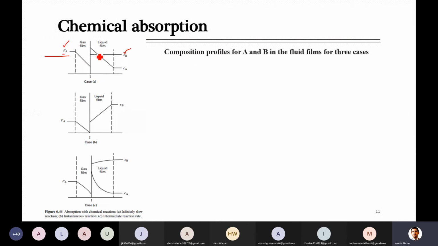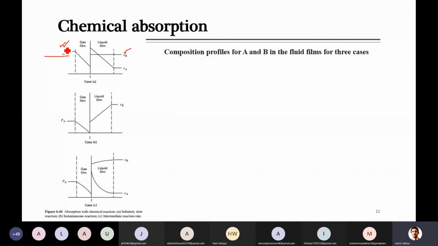So inside the liquid film, because we said it is reacting, but the reaction is very slow, this component B, which is going to react with the A, if you just evaluate its concentration profile, you can see that this is a straight line. It is a straight line because this component reacts with the A, but in a very small amount, because this reaction is very slow. So overall, its concentration remains more or less constant through this film as well as through the bulk of component B, because there is not much reaction, so it is not going to be consumed.